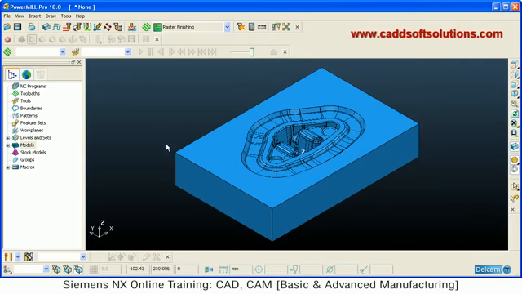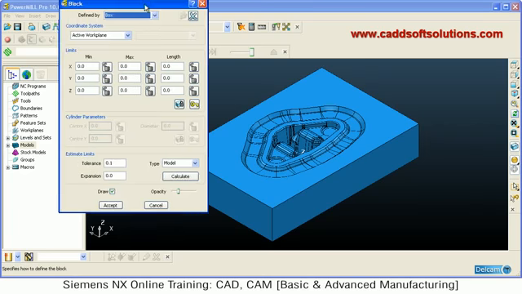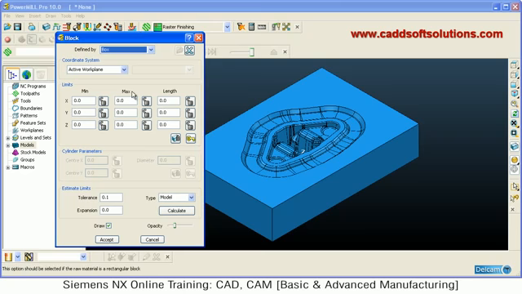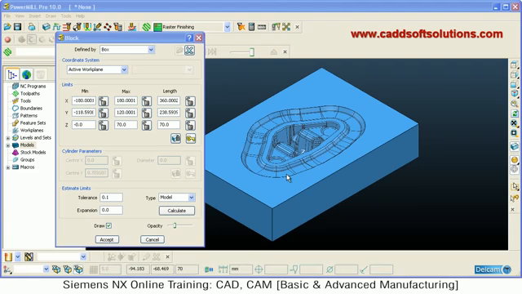Next activity, once the model is okay, will be to define the raw material, that is the block. In Power Mill it is called block. By clicking on block you can define the raw material. If you directly click on calculate, it will automatically calculate the material as per your model. It will fit the model.